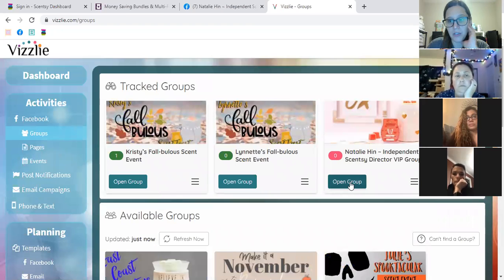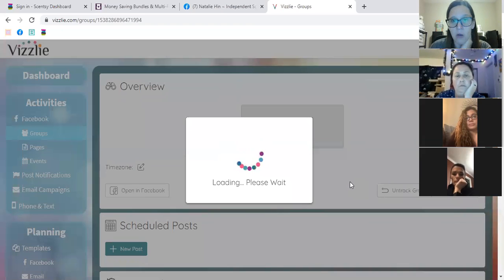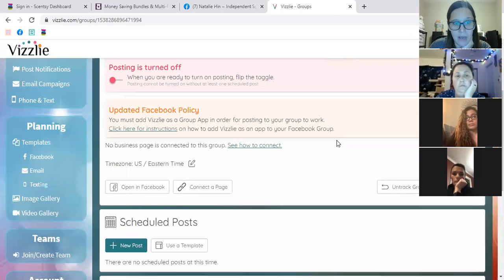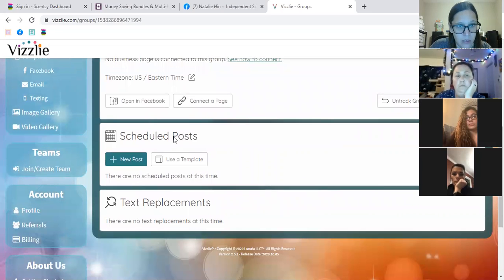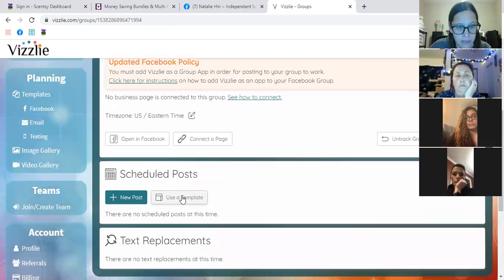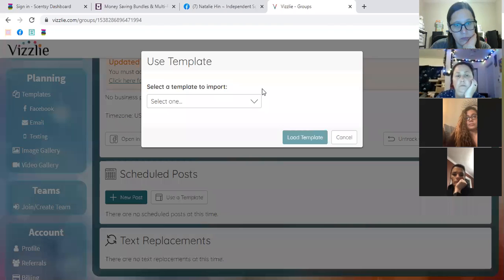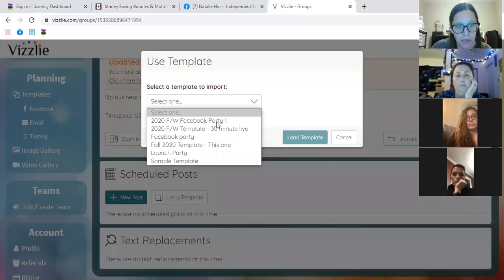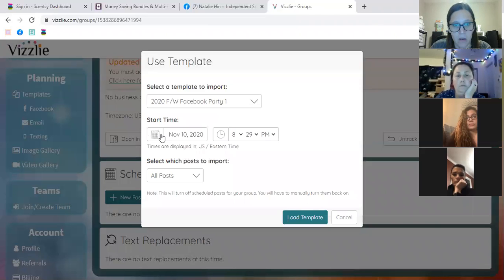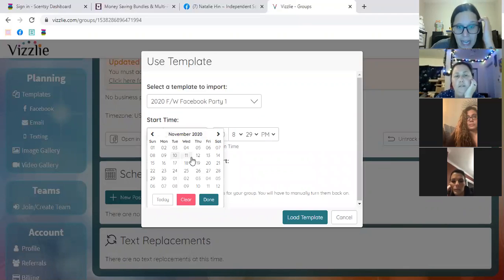So now what I could do is I can pick whatever template I want to use for this page. So I am going to use a template. All my templates will come up here. I'm going to do that one. When do you want to start it? So let's just say this Thursday is the 15th, right? No, this Sunday is the 15th. What is this Thursday? The 12th. The 12th, thank you. So I would always start my parties on Thursday because that's when I do my first